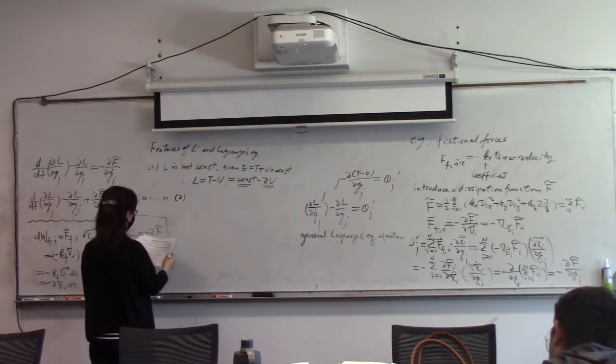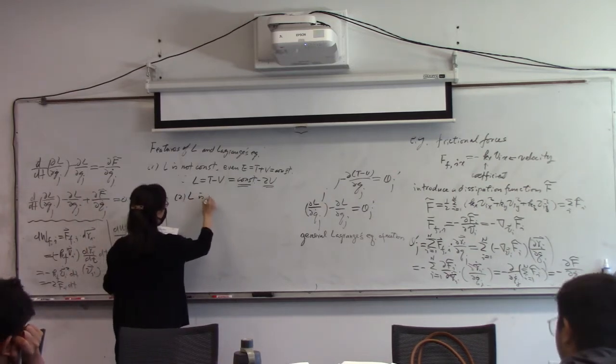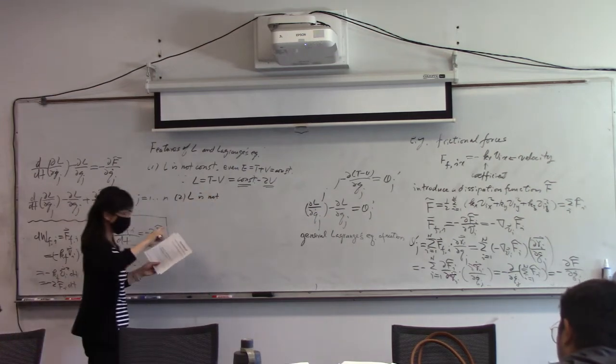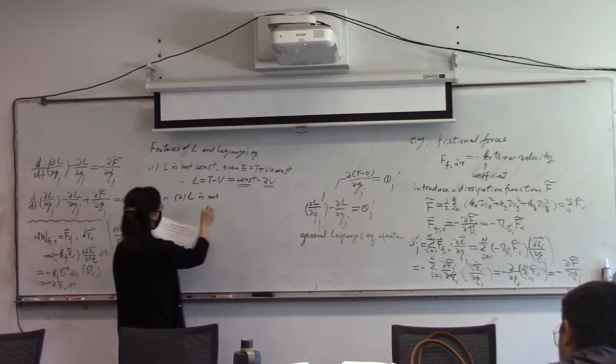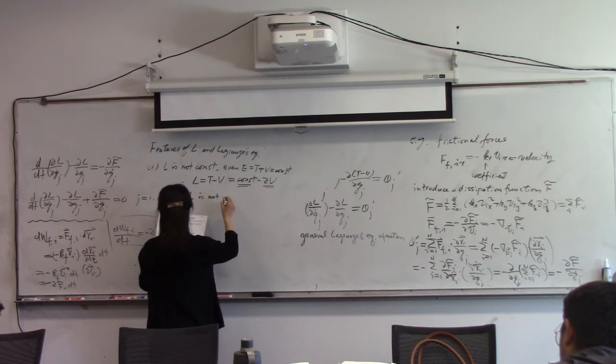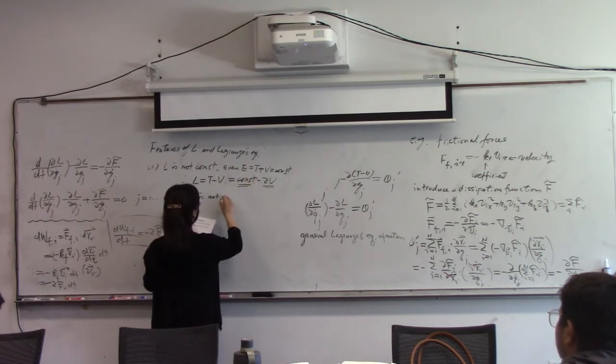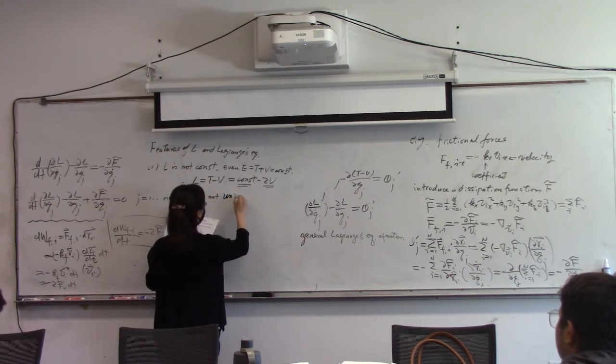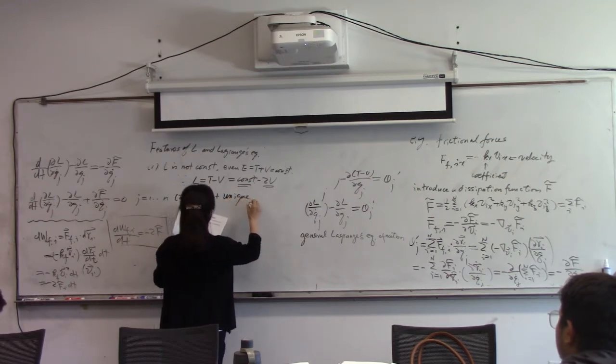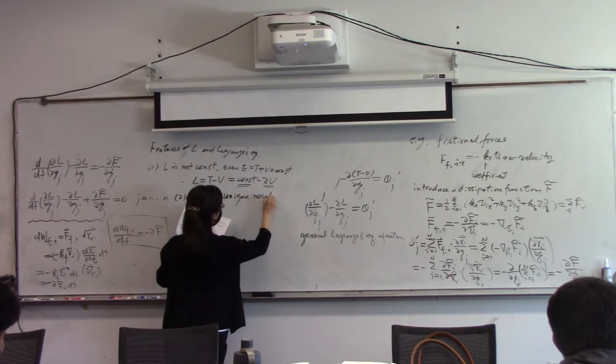Second one, L is not unique for this Lagrange equation. Okay, this is one homework. The first problem I asked you to prove. Not unique, resulting